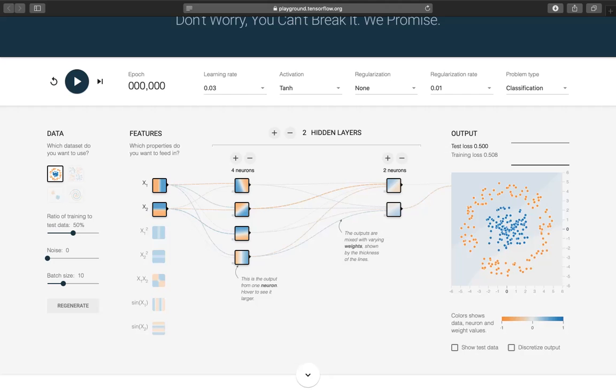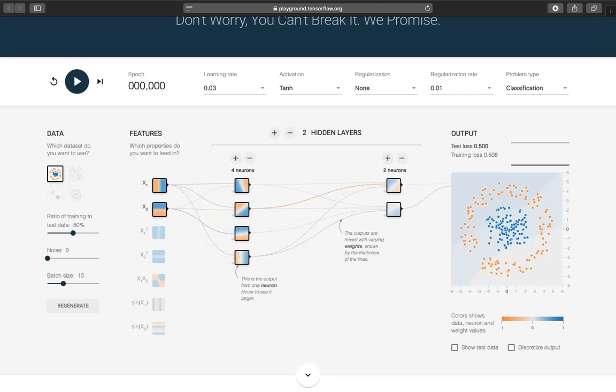Now, in the real world, blue and orange could be two different things. So say an example that comes to mind is, say you have a telescope mapping out different bodies it sees in the sky. So this could be the XY coordinates for the position, and then the training data says, oh, all the bodies orbiting this area is one kind of body. So say an asteroid maybe, and all the bodies in this area are associated with a planet. So that's one example of this data. Again, it's not what it represents, but it's just something I thought of. So yeah, we're going to be using that input data.